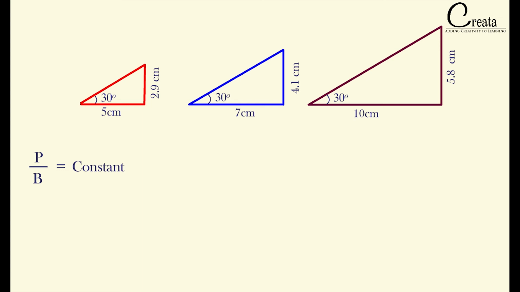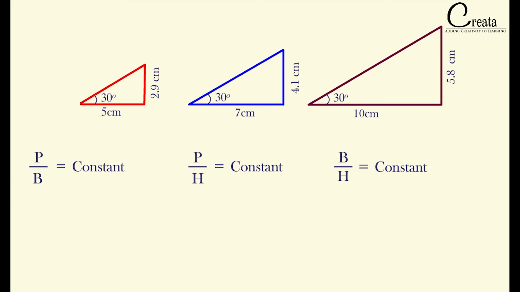Okay. You can continue the experiment with other sides also. Just measure the hypotenuse with a scale and check the ratio of, say, hypotenuse over perpendicular or base over hypotenuse. The ratio will be the same for all three triangles. Okay, the ratio will be unchanged unless and until theta is changed.